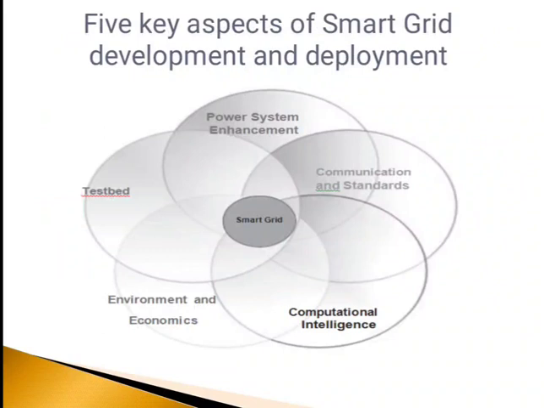As far as communication and standards are considered, communication is one of the most important aspects of the smart grid, and you need to follow some communication rules and responsibilities, because the main aspect of the smart grid is communication, how we are managing the data. A huge amount of operational data is generated at every step of the smart grid. So how are we going to manage that data? While managing it, we need to follow certain standards, so standards are very important. Next we'll study the next aspect, power system enhancement.